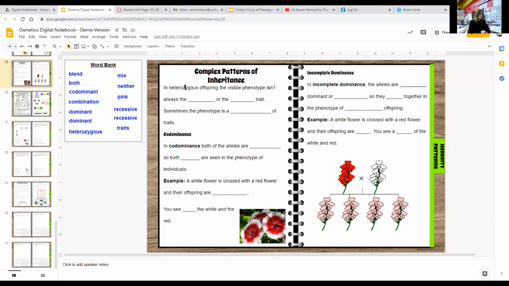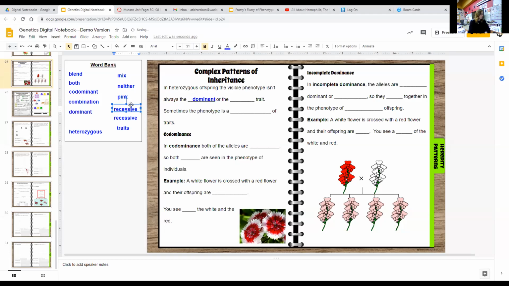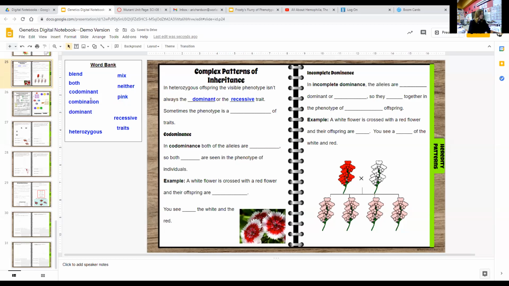In heterozygous offspring, the visible phenotype isn't always the dominant or the recessive trait. Sometimes the phenotype is a combination of traits. In codominance, both of the alleles are dominant, so both traits are seen in the phenotype. So for example, a white flower is crossed with a red flower and their offspring are,